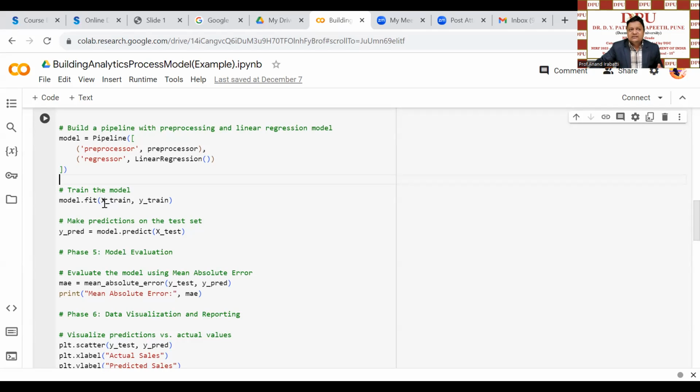Here I'm providing X that contains my features, independent variables, and y contains my dependent variable, that is sales. X contains expenditure on TV, radio, and newspaper, and y_train contains the sales. So here I'm training my model with X_train, y_train. After the model has been trained on the training data,